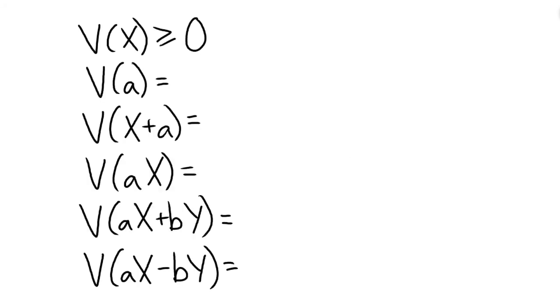And then let's look at some counting rules. So let's say that a and b are constants. They are not variables. And x and y are variables. They can vary. So the first one I already wrote down: the variance of x will always be larger than or equal to 0. And now we're talking about the real variance. When you estimate, depending on situation and formula, you might get a negative, but that is very rare. In most cases, with most formulas, you will always get positive.